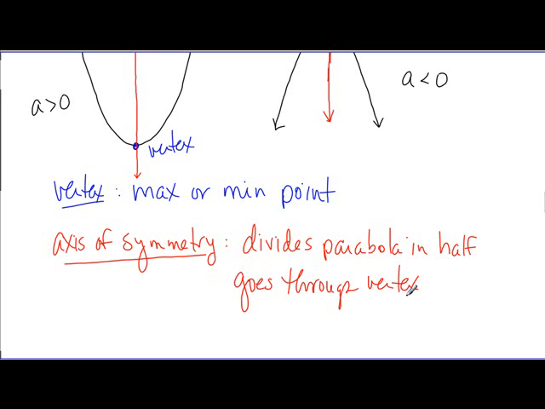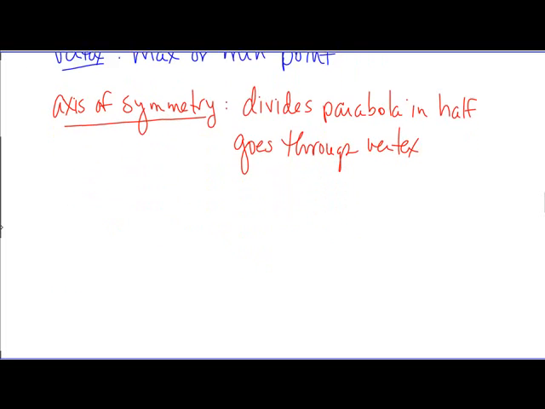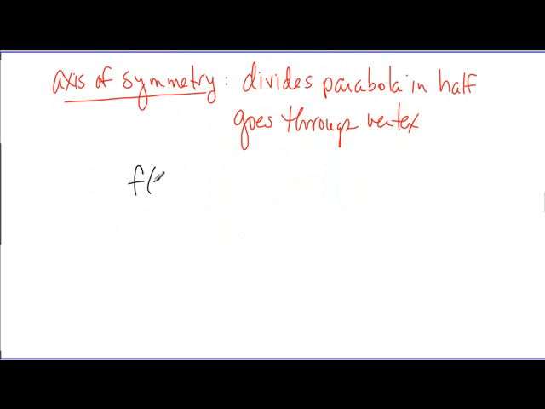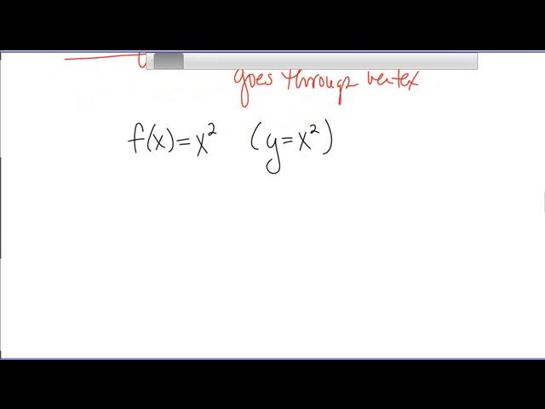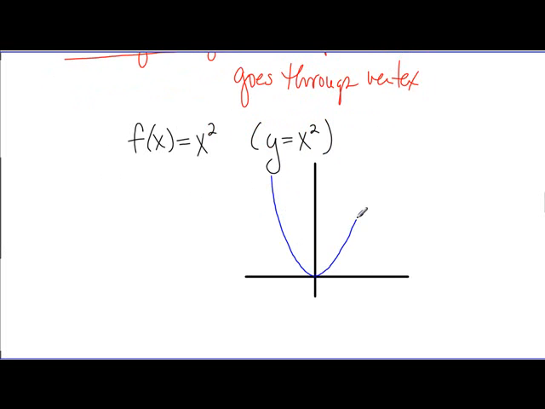Now, the most simple quadratic function is f of x equals x squared. Okay, that of course could be written in equation form as y equals x squared. And we start with that one because we already know what it looks like. We know what the graph of y equals x squared looks like, and it's this curve right here. You'll notice that since the coefficient a is greater than 0, this parabola opens upward. The vertex is the origin,